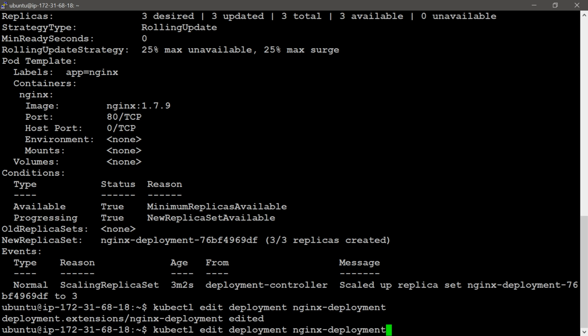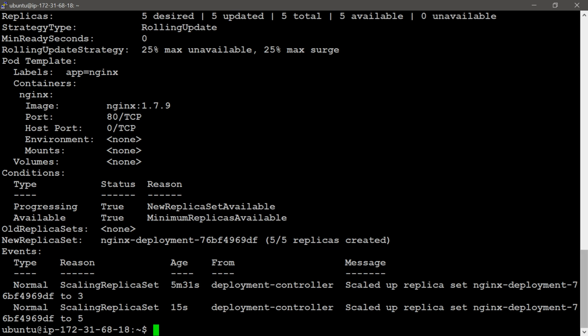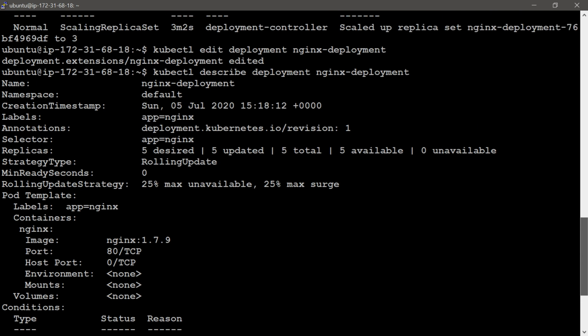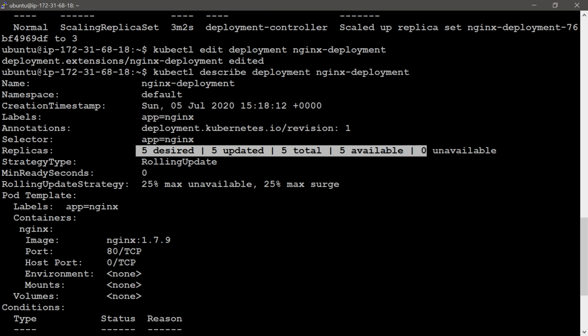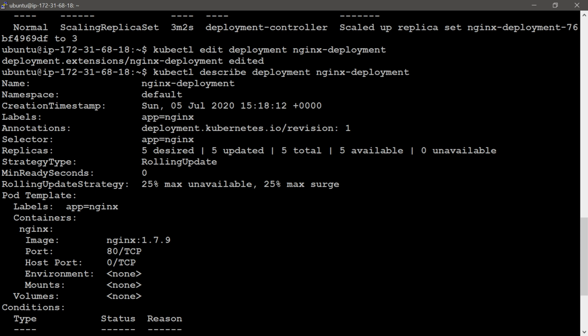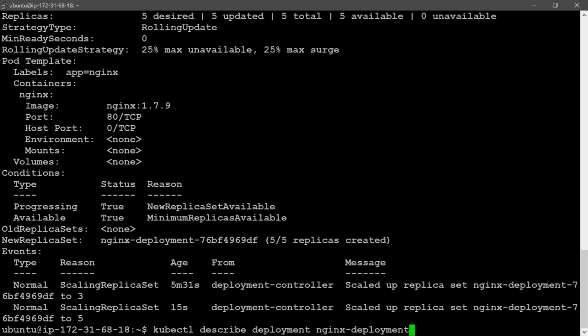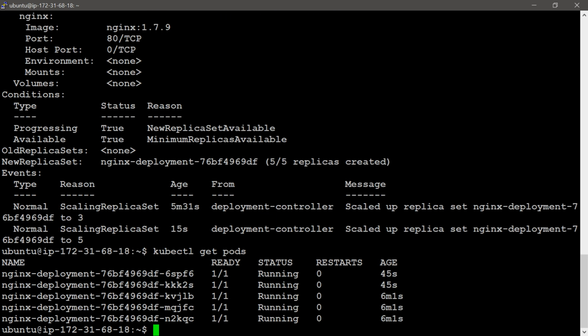We can see with the describe command the number of replicas available: 5 desired, 5 updated, 5 total, 5 available in this replicas section. We can use kubectl get pods also.